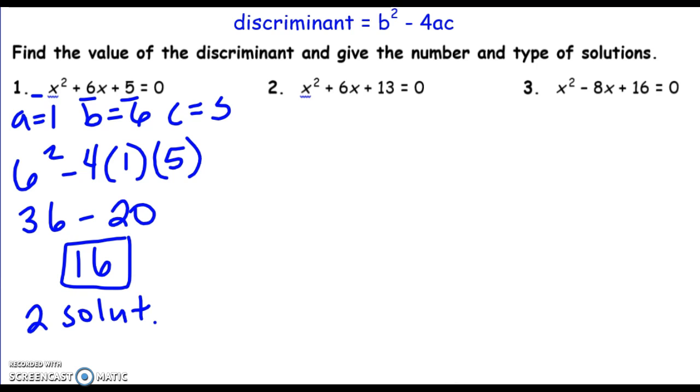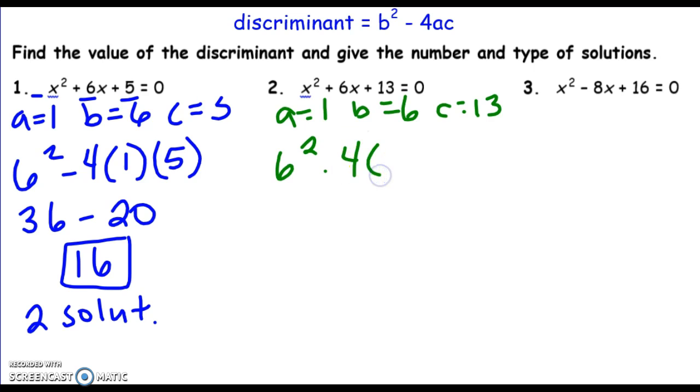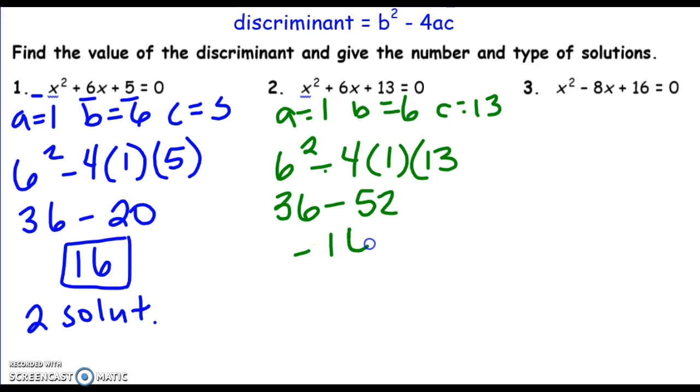Okay, so we'll do the same thing on the second one. I'm going to do a equals 1, b equals 6, and c equals 13. Here I'm going to do b squared, which would be 6 squared minus 4 times 1 times 13. So then I've got 36 minus 52, which I know is going to give me a negative 16. So when I work that one out, since it is a negative number, that means that there are no solutions,